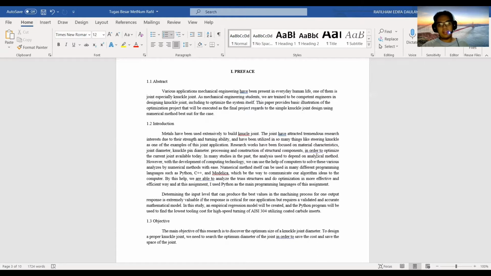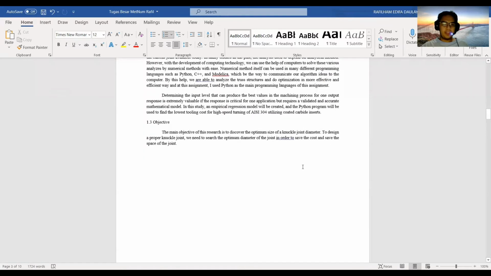A numerical method itself uses different programming languages such as Python, C++, or Modelica. And then we need to determine the input level that can produce the best values in the machining process.